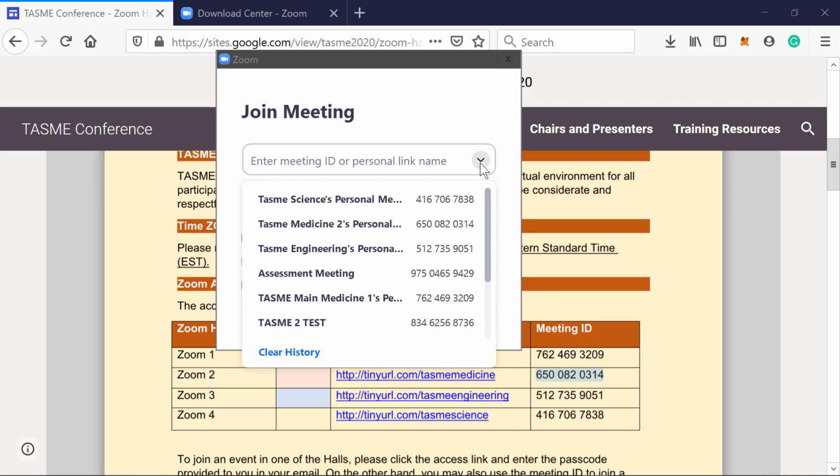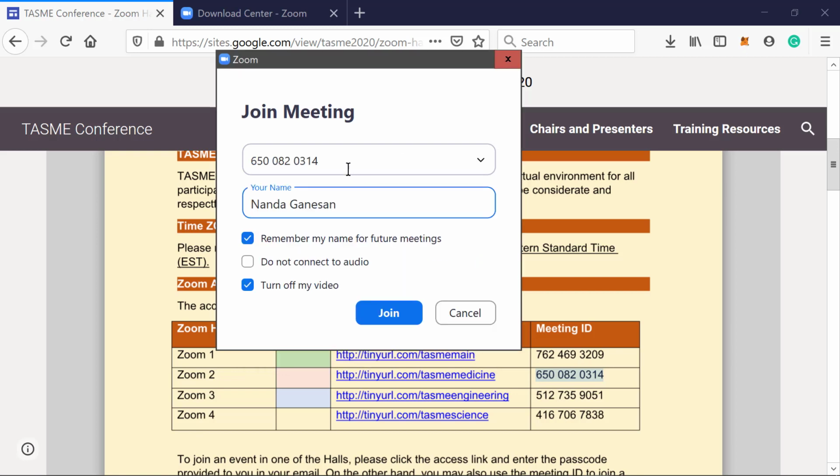So in other words, you can see already that 650 is there. So once you enter it once, it is kept in memory so that you can access it later without actually having to type this ID. I will type the ID, but I could also click on it and choose this ID. So just click on it for a second. There's the ID. But instead of this, let me type the ID, which would be